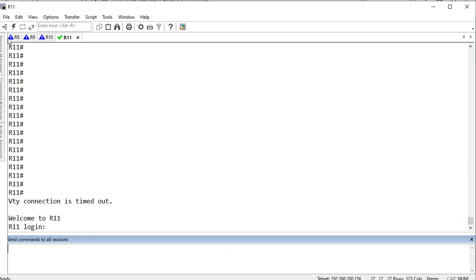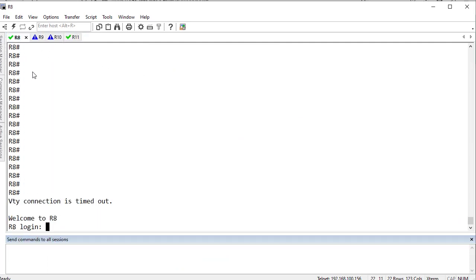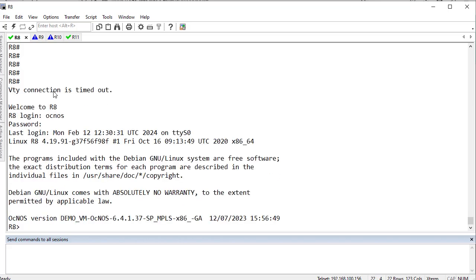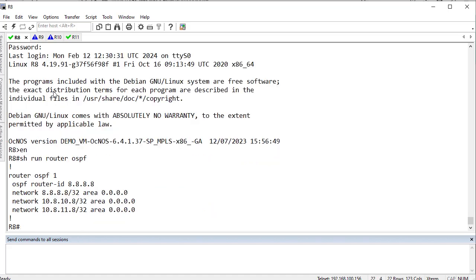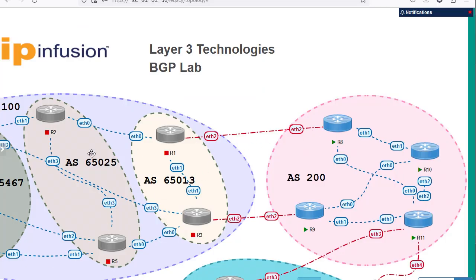If I go to router 8 here and log in using OcNOS, and go to enable mode, I'm going to say show run router OSPF. This is a simple configuration of OSPF. As you can see, there is just a router ID set. One of the IP addresses set under the loopback interface is advertised, plus 2 interfaces internal to the autonomous system, which means that the interface connected to the other autonomous system, which is Ethernet 2, is not advertised